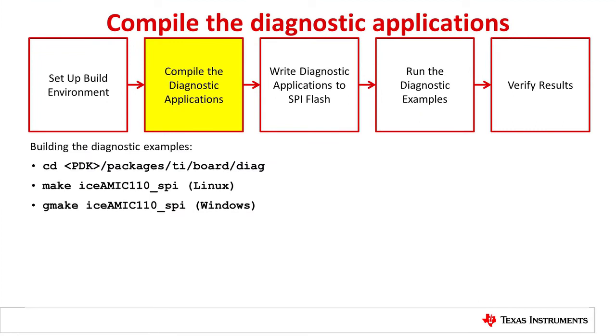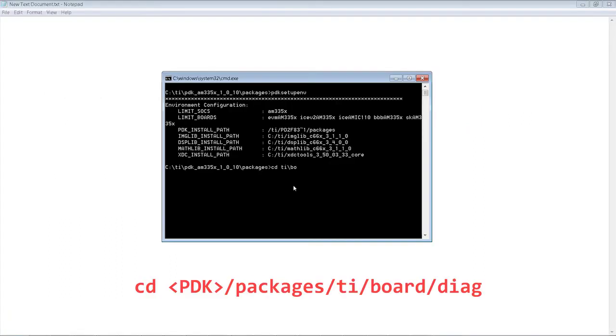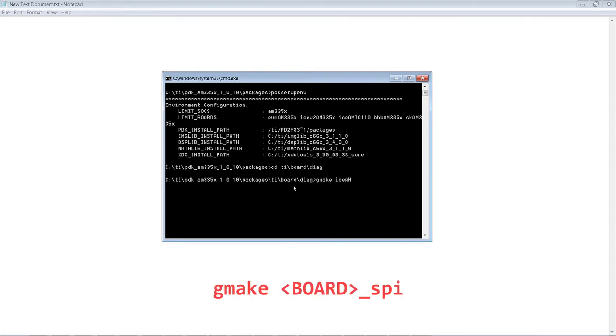Next, we will compile the diagnostic applications. Change the build directory. Then use the make command to build in a Linux environment or gmake in Windows.